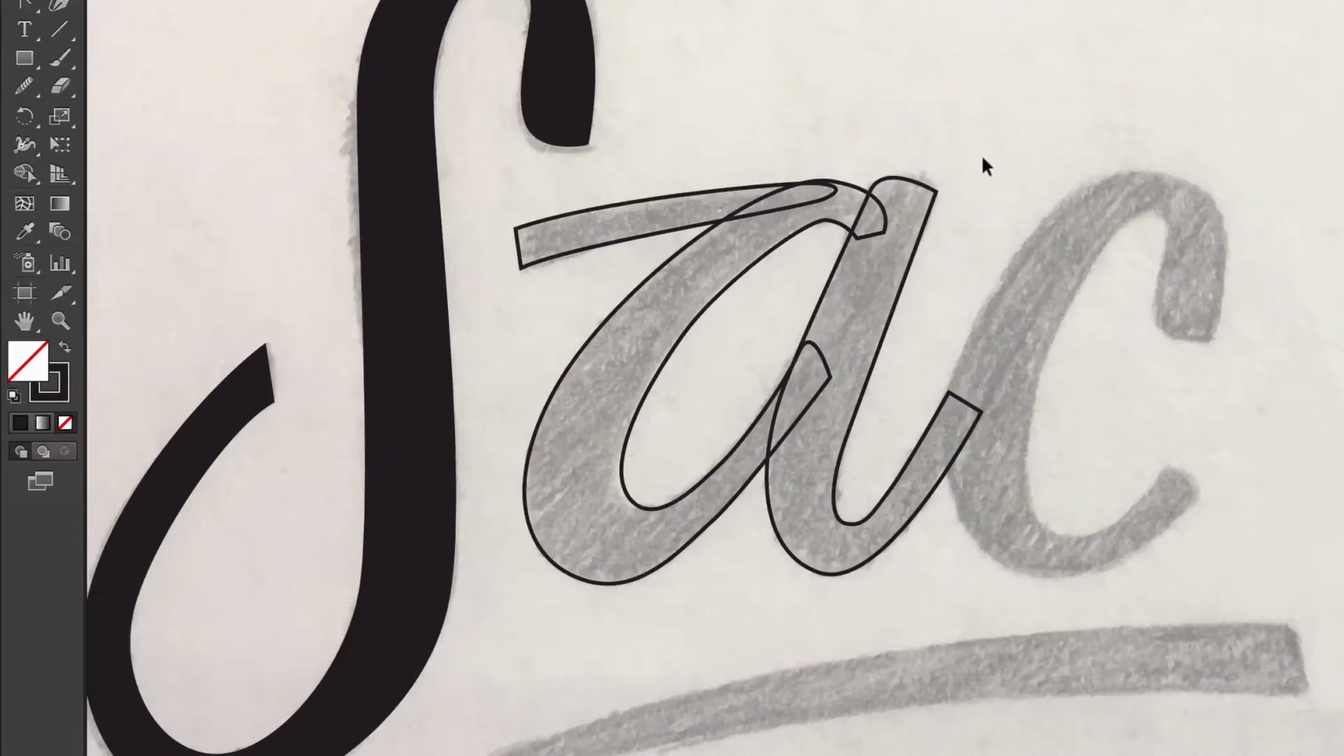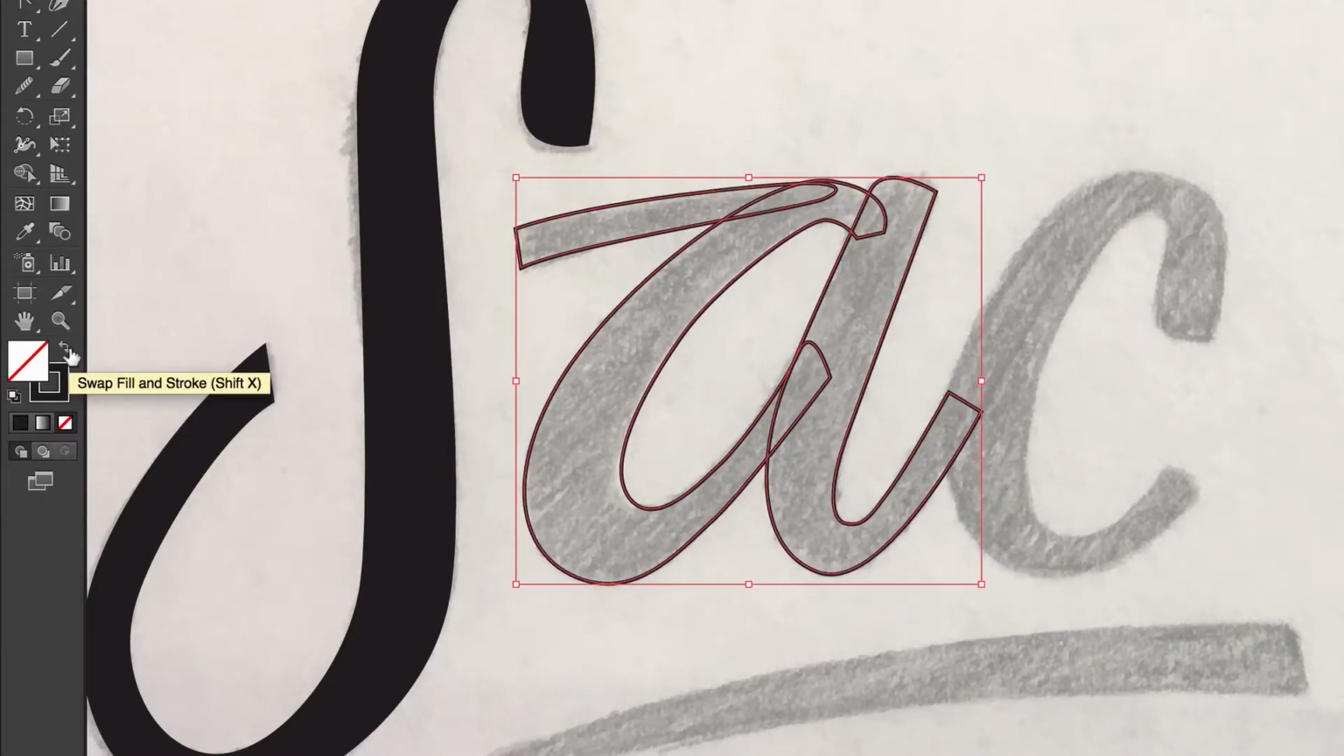So now with the anchor points converted, you can see that there's the 3 distinct shapes and they make up that A. And what we can do is, because they don't look connected yet, just select all three of those by clicking and dragging over those to select them, and then go over to the swatches, and you can flip this around